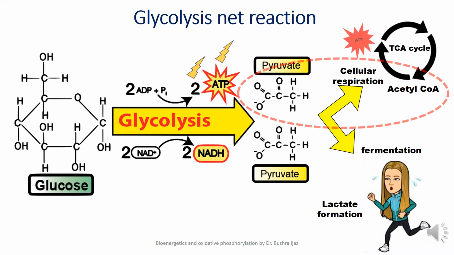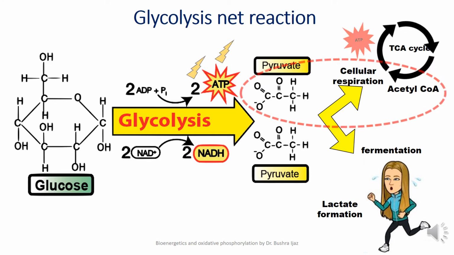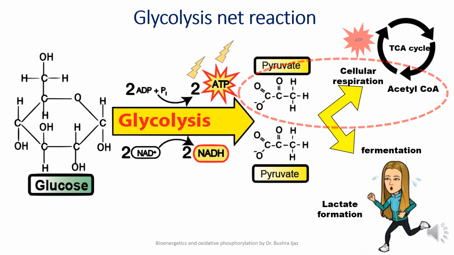Here is the net result of glycolysis. We saw that at the end of glycolysis, we were left with two ATP molecules, 2 NADH and two molecules of pyruvate. Now, if oxygen is available, the pyruvate can be broken down, or we can also say that it is oxidized all the way to carbon dioxide in cellular respiration, making many molecules of ATP. But if oxygen is not present and the condition is anaerobic, pyruvate changes to lactate by the process